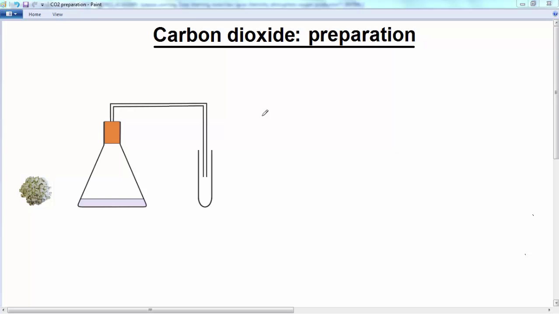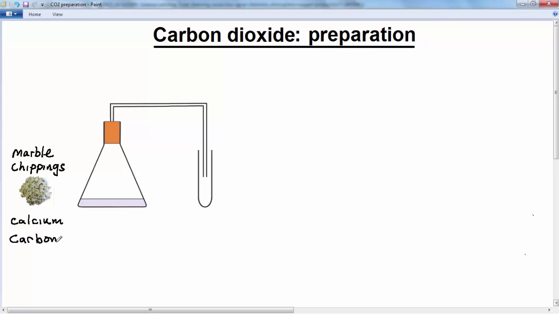In this lesson, we're going to look at two ways to produce or prepare carbon dioxide. In the first method, we're going to add a carbonate to an acid. So for example here, we've got some marble chippings, and marble chippings are made from calcium carbonate. Okay, so calcium carbonate is our carbonate, so to speak, and we're going to add those to a solution of